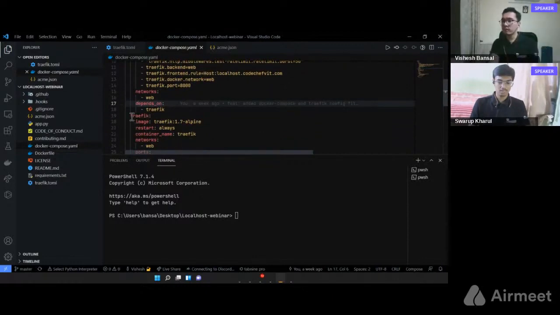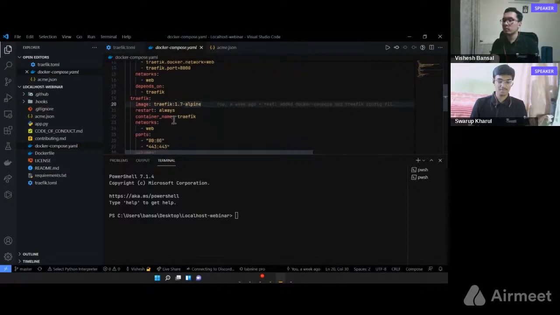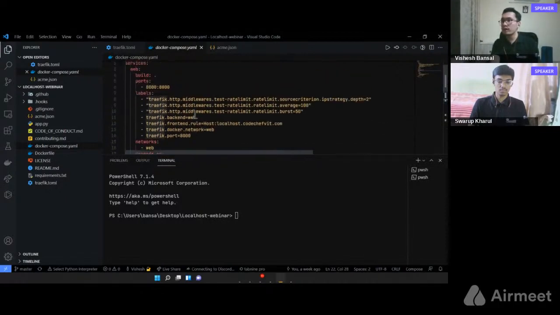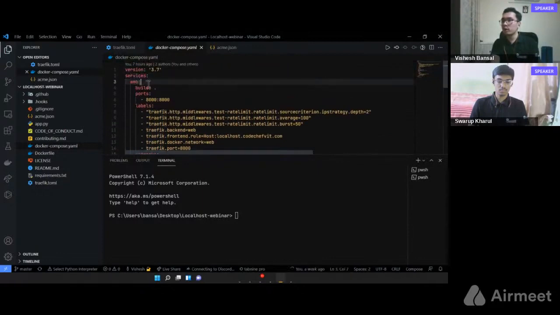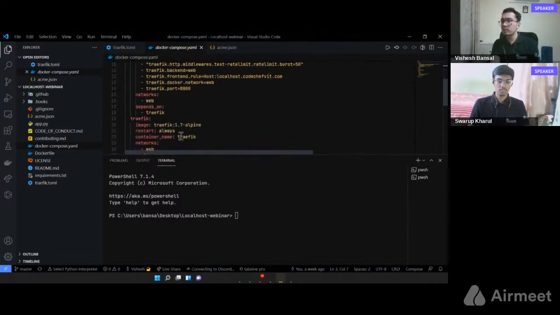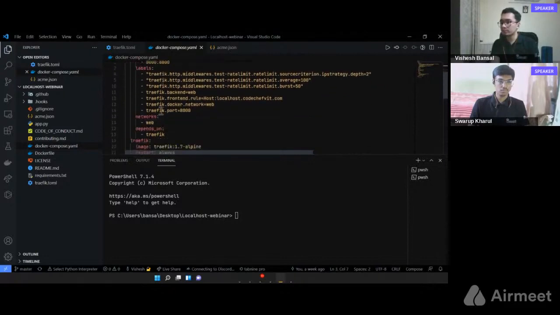You get all those references from the images which are built on Docker Hub. The Traefik community updates these images. For this, we are using Traefik Alpine 1.7, and this is uploaded on Docker Hub. And what does restart mean? If somehow a service goes down for some reason, it'll automatically restart itself. And what is the container name for this service? The container name is traefik. Now, if you look at it, we have web over here, and we're referencing it as Traefik. So we need to define that this container name is traefik, and it depends on Traefik over here.